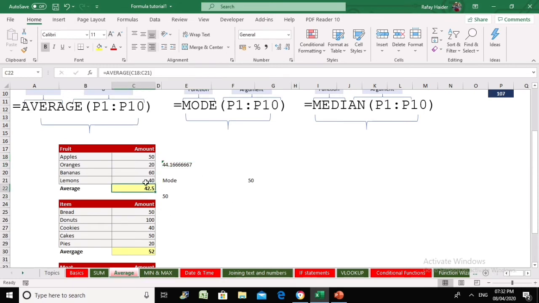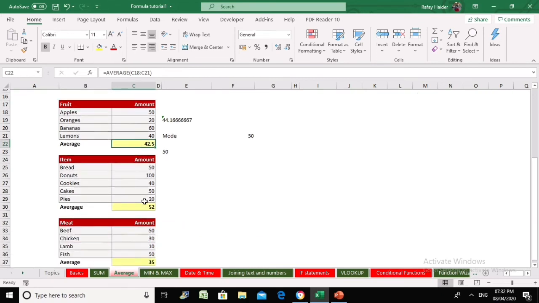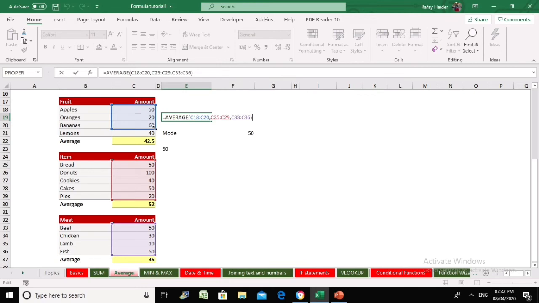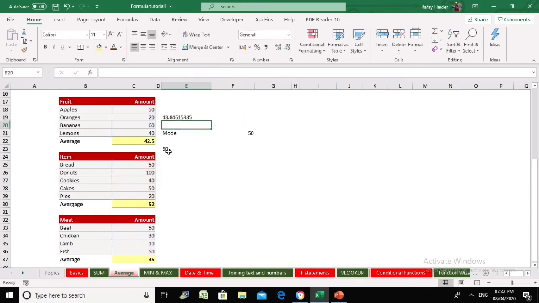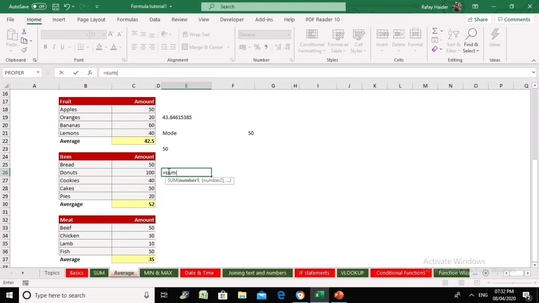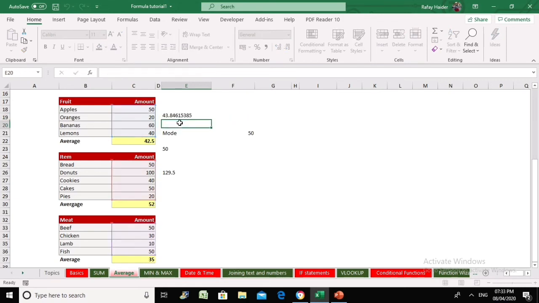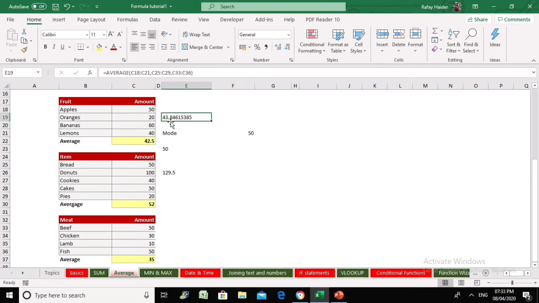And we have taken the average at each item as well, at each category, and the overall category by using the multiple ranges. If I increase this range by this. Now let's revise some, just this one plus this one plus this one, and this is sum. Okay, so how much is my average food bill? My average food bill is $43, and so if you can see over here,